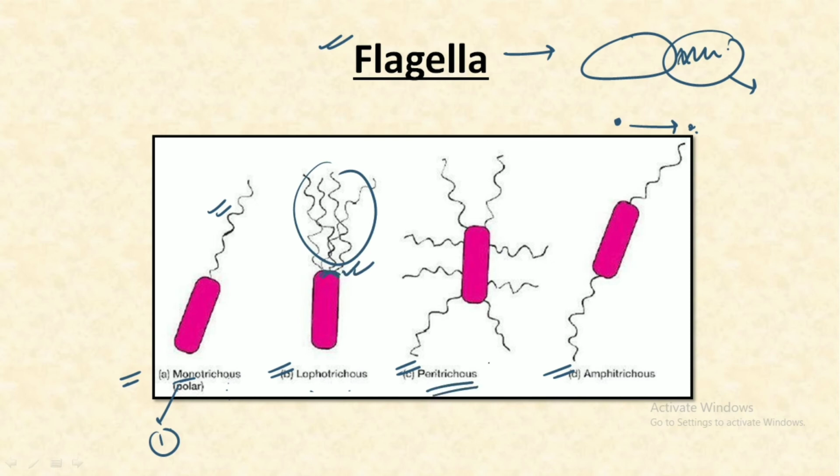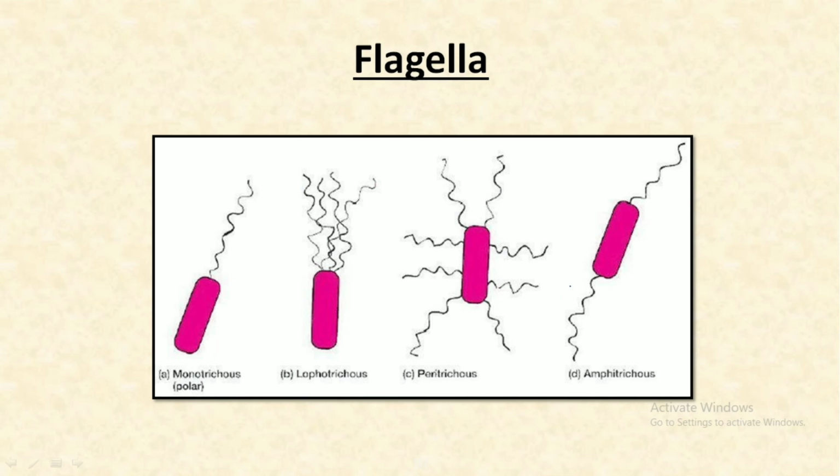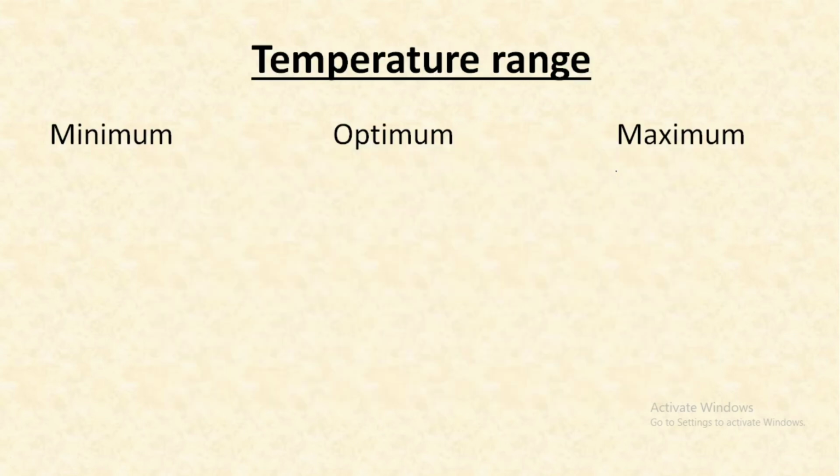Talking about the peritrichous, the flagella are present all over the body of the bacteria, and talking about the amphitrichous, we have 2 flagella at the opposite ends of the bacterial body. So these are the 4 main classes: monotrichous, lophotrichous, peritrichous, and finally amphitrichous. The next important thing is the temperature range, that is, at which temperature range the bacteria